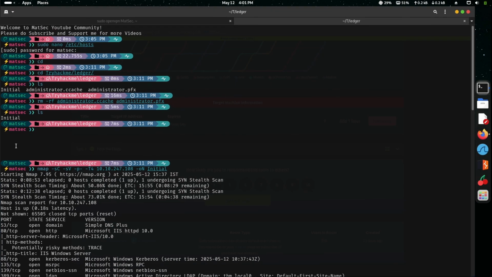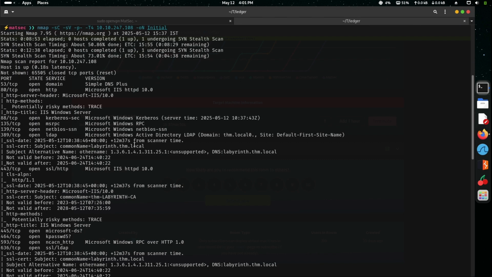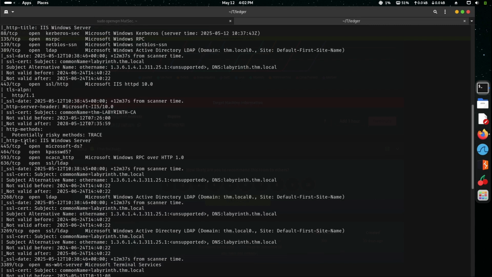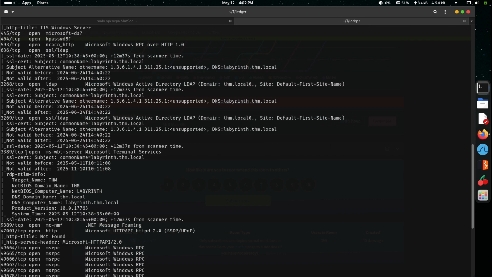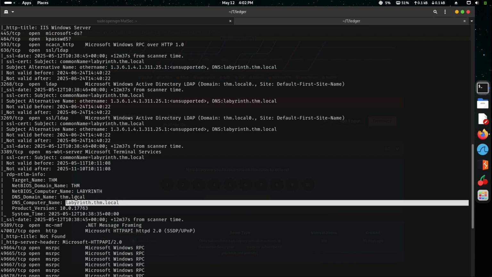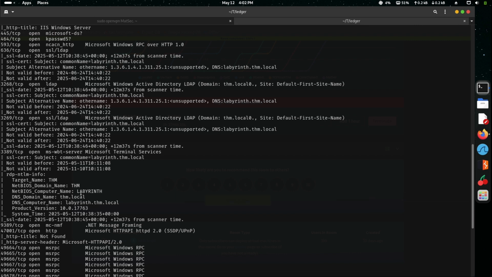So the nmap scan has been completed. If you see here, port 80 and 88, and then LDAP, which is 389, and this looks like a domain controller. So what we can do is we have here the computer name, the domain name and the host name. So we will add this into our